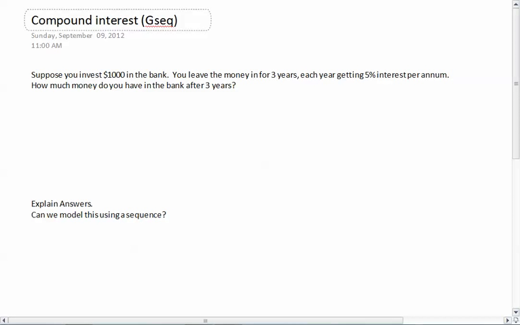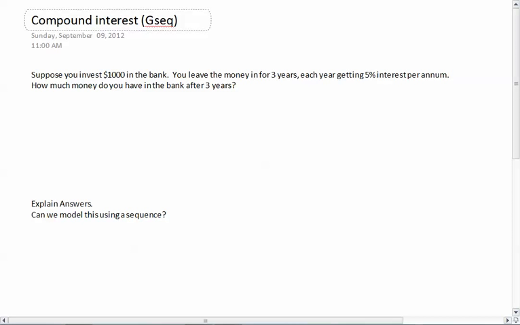All right, guys, today we're going to look at a couple of word problems dealing with geometric sequences. This is going to be pretty awesome. First we're going to look at money, because everybody likes money. We'll talk about putting money in the bank and getting some interest, and exactly how to figure out how much money you're going to have in a certain amount of time. And then we'll look at one other word problem,